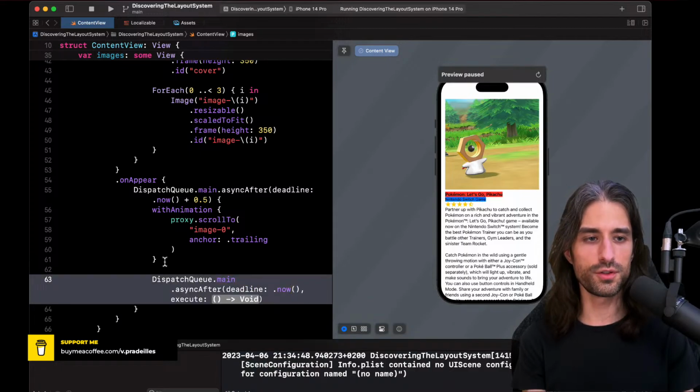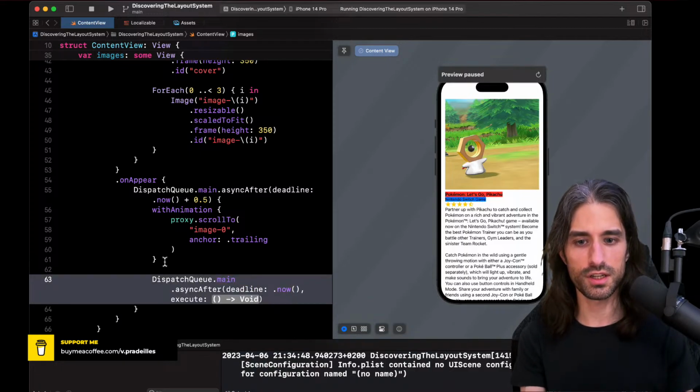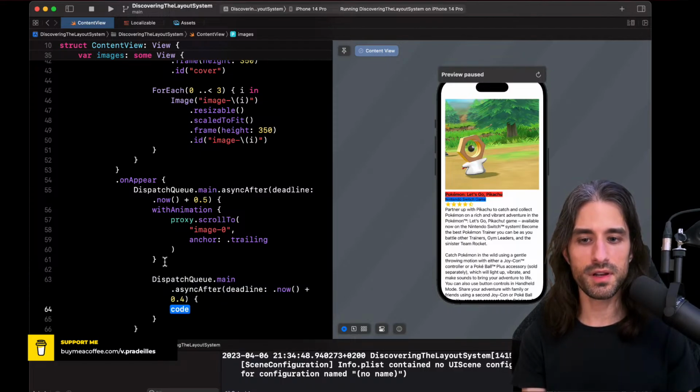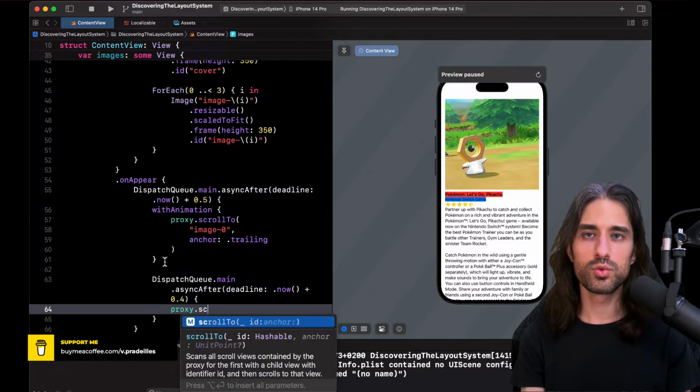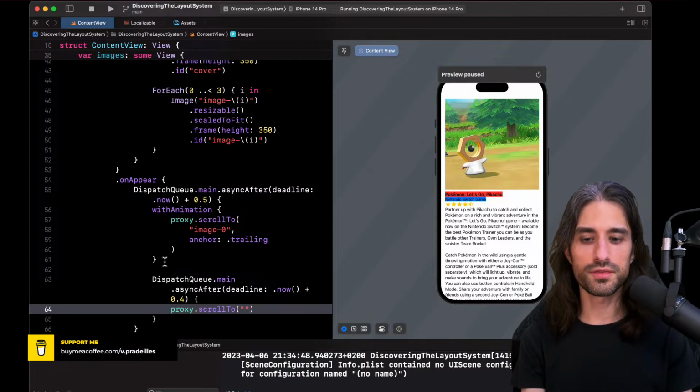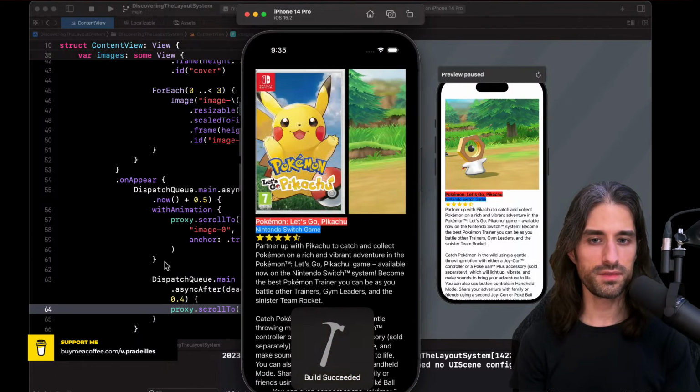So it would be now, which is the time when the first animation has finished, plus 0.4 seconds. And when that has elapsed, I want to scroll back to the first view, which is the cover.